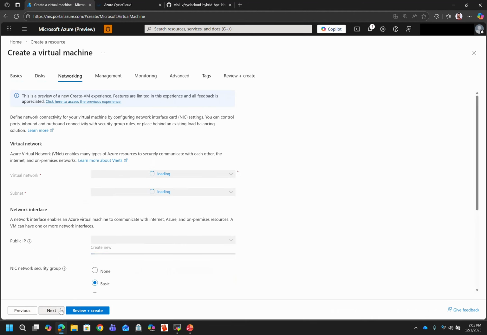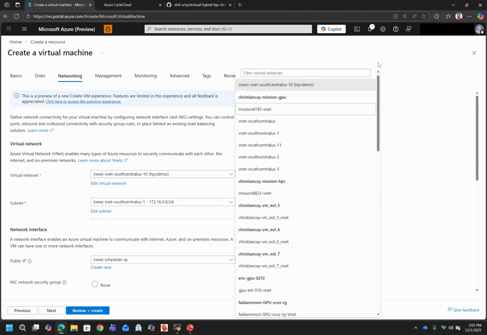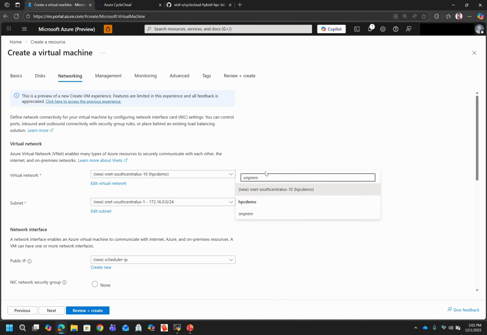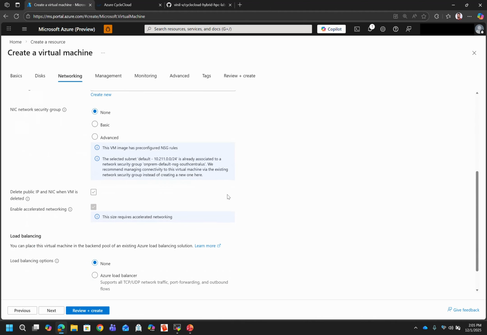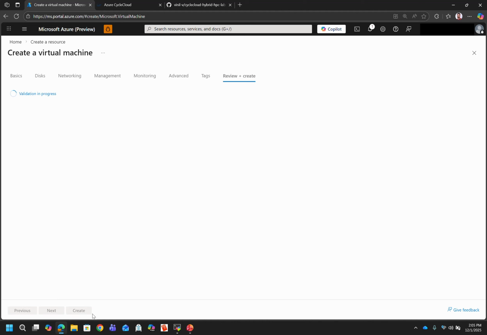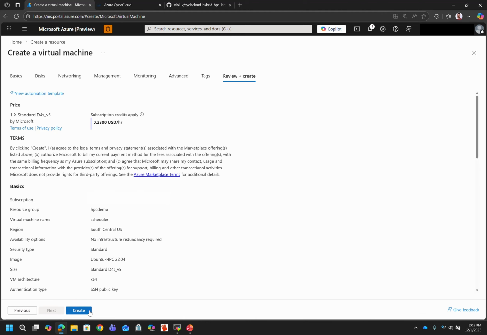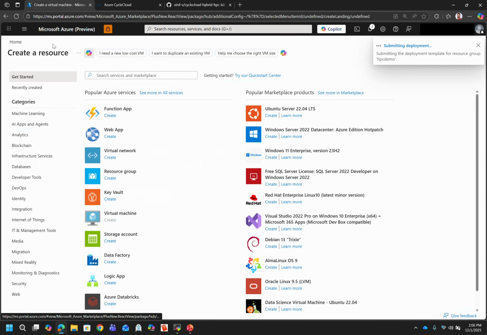And disk we are not touching. The network, we're going to choose this on-prem network and select the default subnet. That's all. Click review and create. So deployment started. In the meantime, let's create another VM,